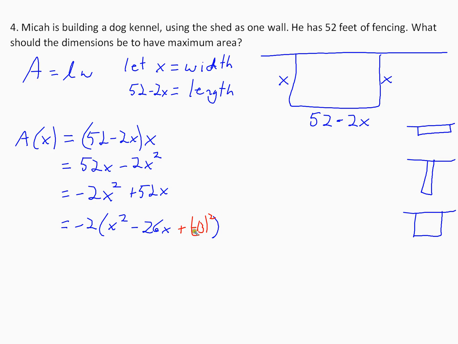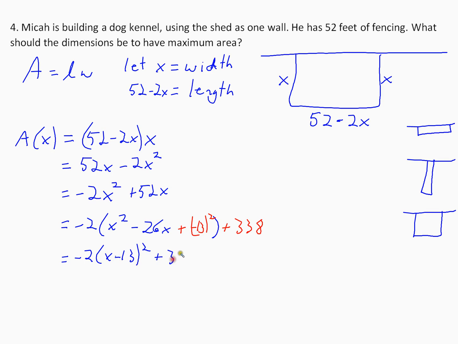So we subtracted 338, so here we're going to add 338. And now we have our perfect square. So this is negative 2 times (x minus 13) squared